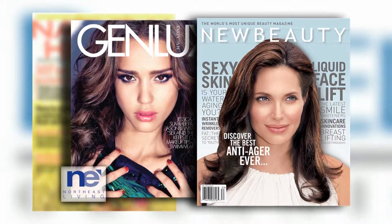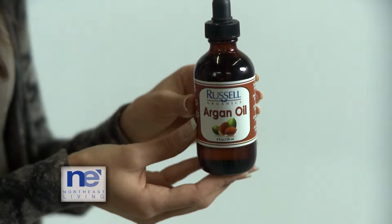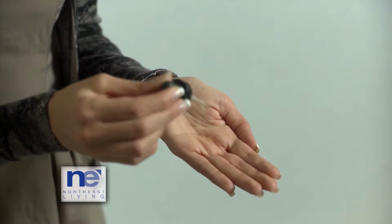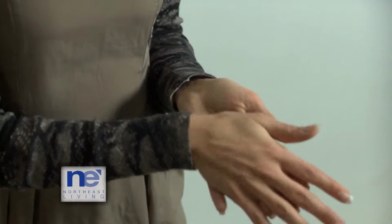Russell Organics argan oil has been seen on TV, featured in beauty magazines, and national newspapers. It's used at salons like this, and it can be purchased and used at home. So what's in it that makes it so great? Russell Organics is a 100% natural, pure argan oil. It's naturally packed with vitamins and nutrients, and it has a very high concentration of essential fatty acids, otherwise known as EFAs. EFAs are essential for a healthy body to function, and EFAs are ideal in beauty products because they